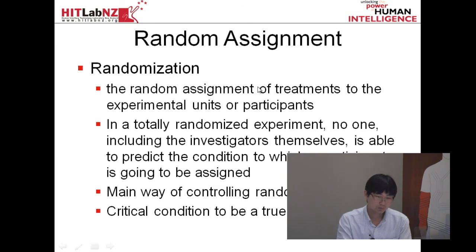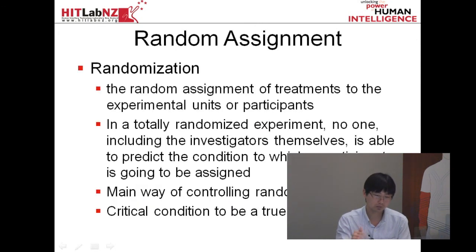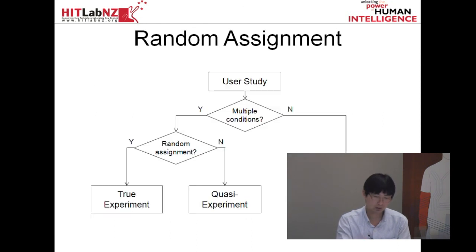So, that's about random assignments, and I think I've explained quite a lot about it. Random assignment is quite important for between subject design, and it's one of the characteristics that decides if your experiment is a true experiment or a quasi-experiment. When you design a user study, if it has multiple conditions, then it's a type of experiment. If you are only investigating one interface, then usually it's a non-experiment. It's a user study, but it's not